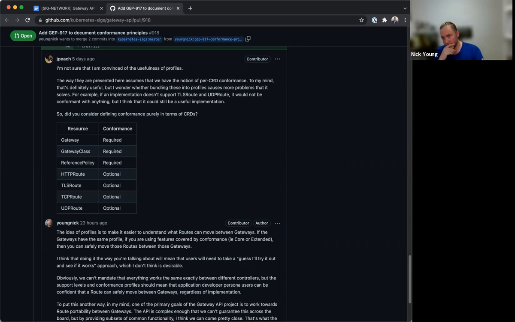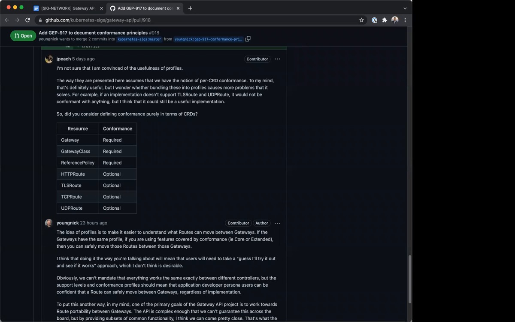So, I tend to feel a little bit more towards James's point of view. I think doing something like saying on the CRDs that you support HTTP route, and you could have levels of support. The support could be core, meaning you support just core, or it could be core and extended, meaning you support all of extended, or if you only support some of extended, it could be core plus.